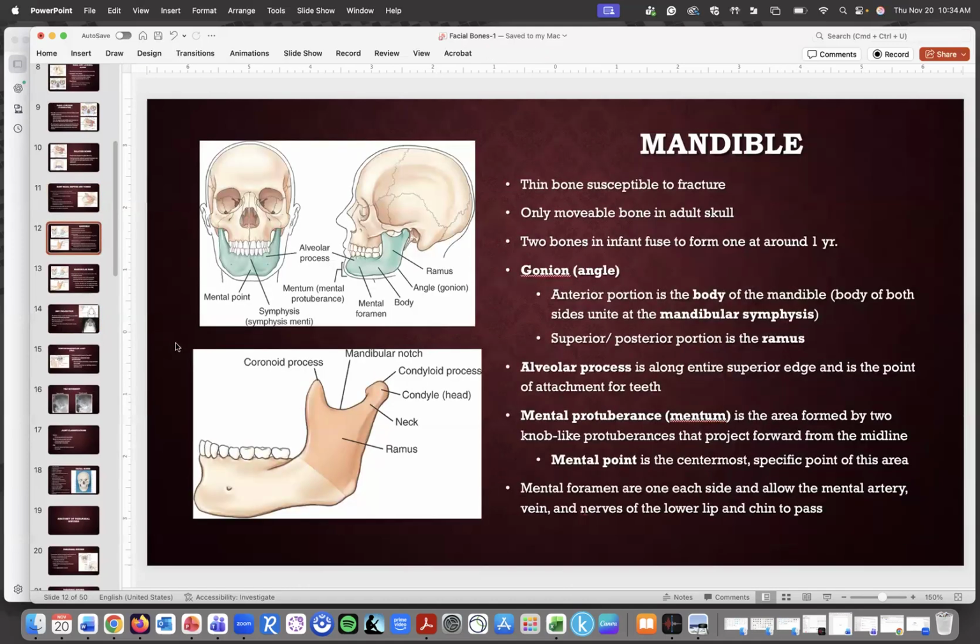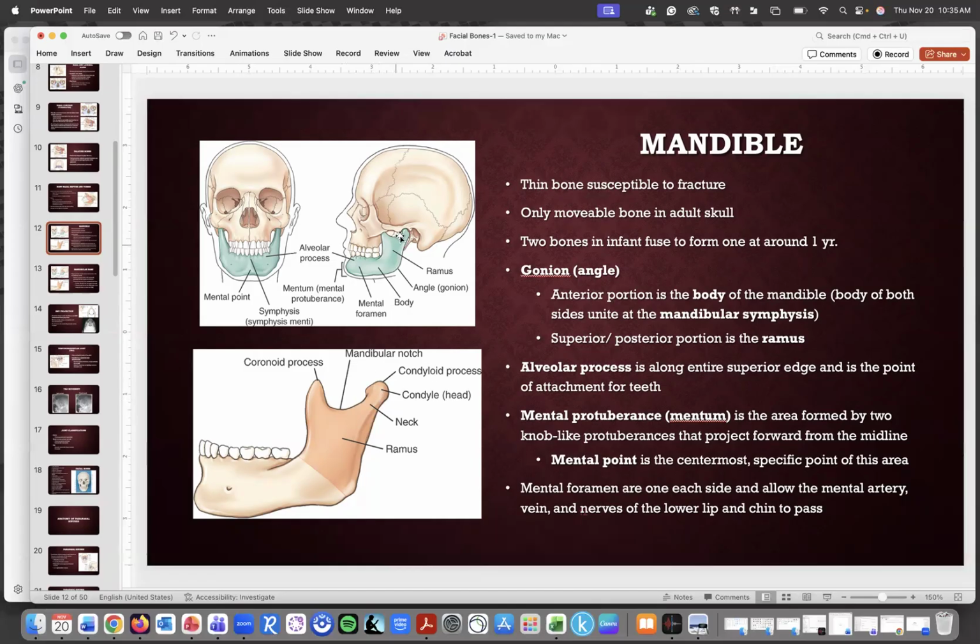Now the mandible is kind of separated out a little bit from where we group these together. What to take away for the mandible is going to be the mental point, the mentum, that little area, because you're going to use that in positioning a lot. Also the alveolar process of the mandible, just like the maxilla had one. The gonion, you're going to use that in positioning as well. So remember the gonion, and definitely the mental point. And then the ramus, because there you will eventually take a closer look at TMJs or